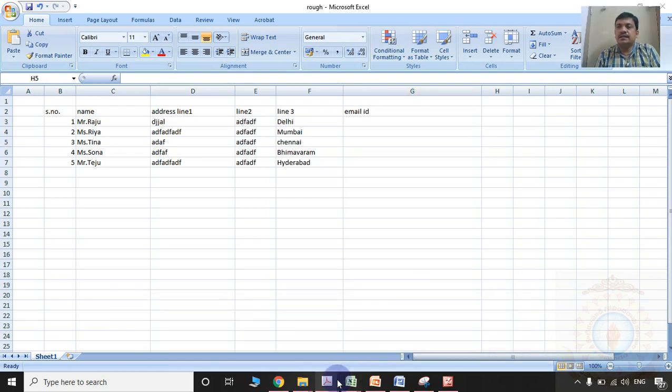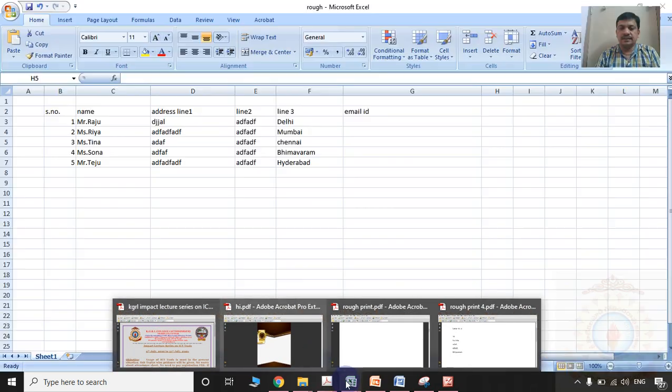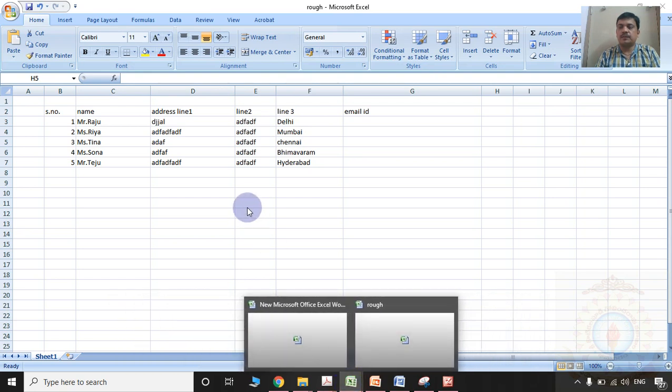So very easily you can create multiple documents if information is common and you are only supposed to change a few of the fields. Then simply use the mailings option. Then insert the respective field. You can see the preview also. You can edit at any time. You can make changes in this Excel sheet. Then corresponding changes will be reflected in the MS Word document. You can take a printout as per your requirement.